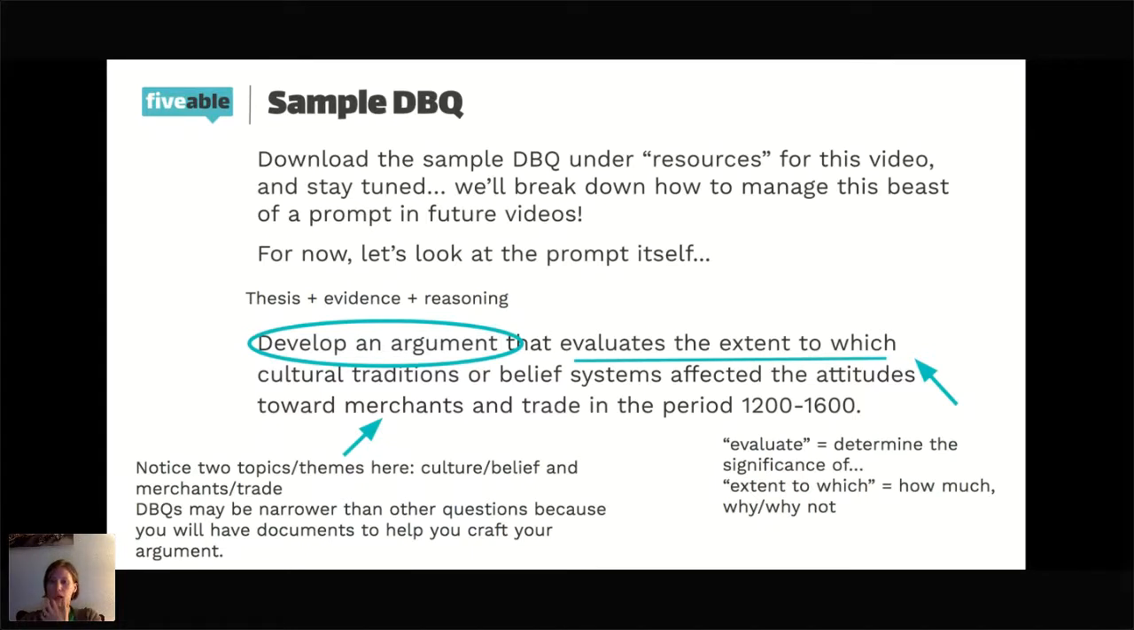Okay. Yeah, culture's point of view. That's a great way to think about cultural traditions. Absolutely. So,